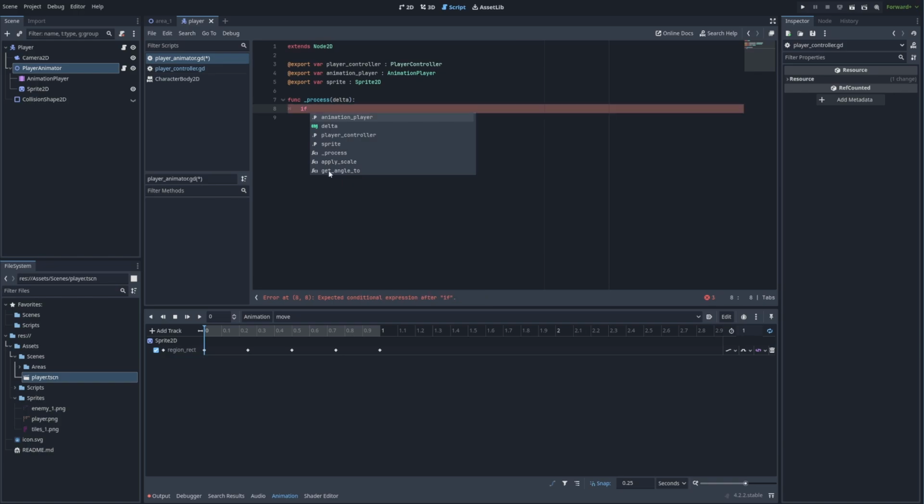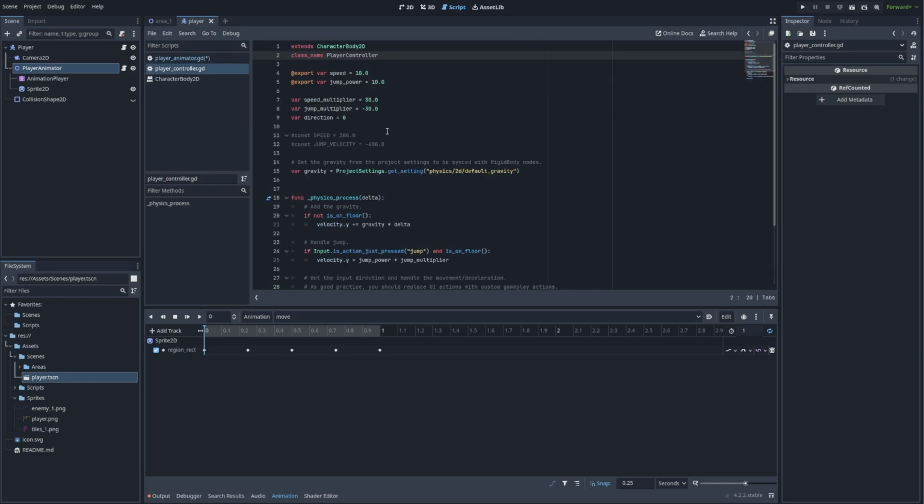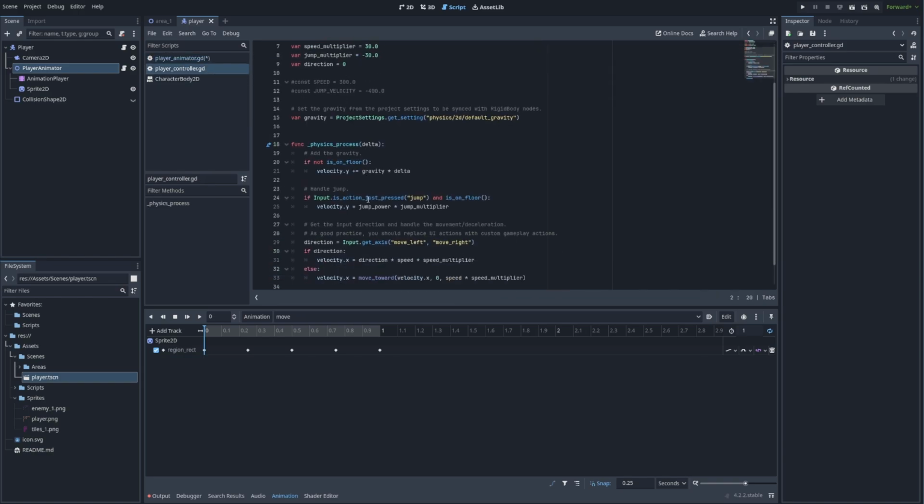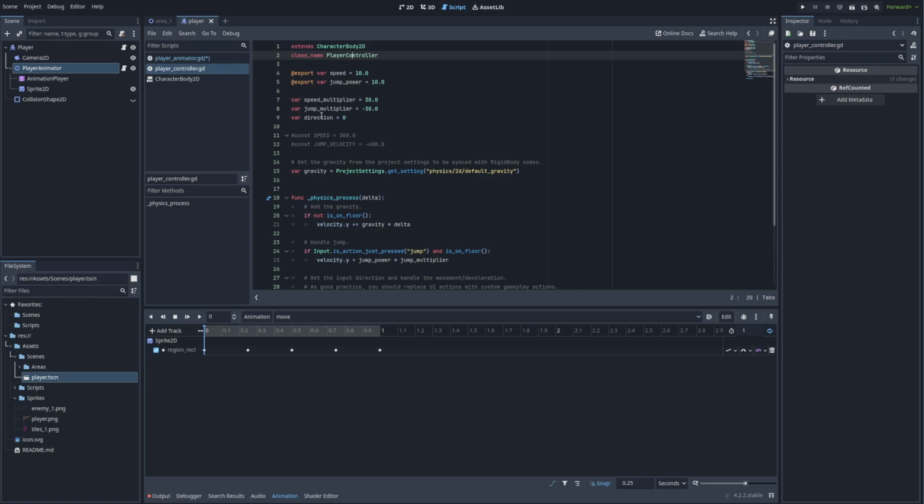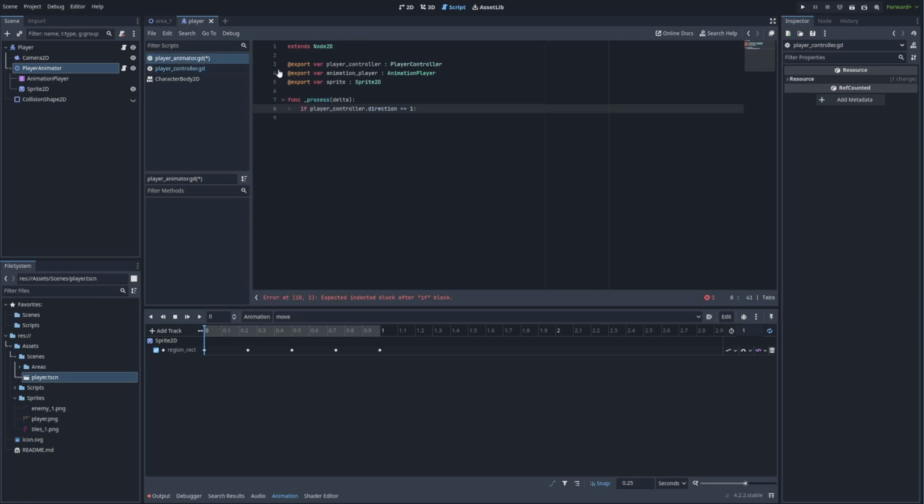The first thing we're going to check is the direction of the player controller. So we're looking into the player controller variable dot direction, and we want to see the direction. In this case, it'll be either 1 or -1, since it's either going right or left. If you think back to the previous video, this is why we made the direction a variable up here instead of one inside of a method or function, so that we could access it from different classes or scripts. So if the player controller direction is equal to 1,